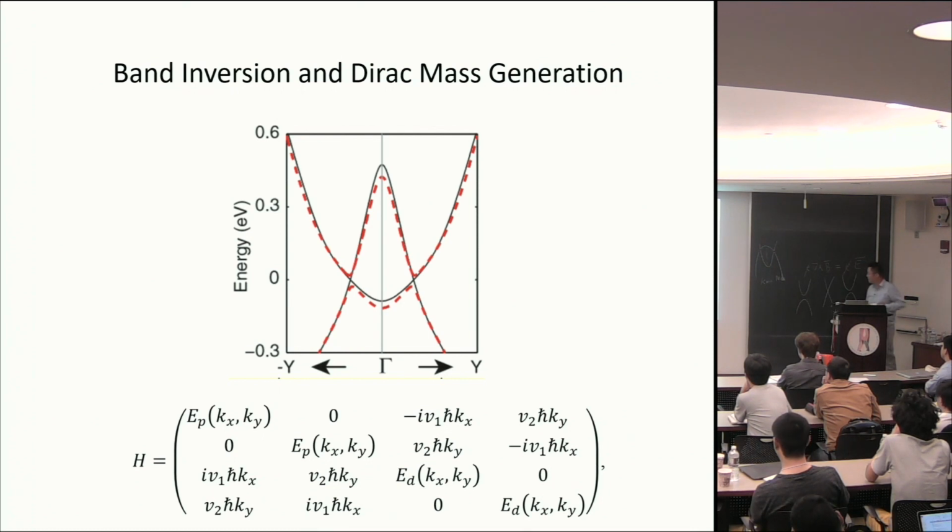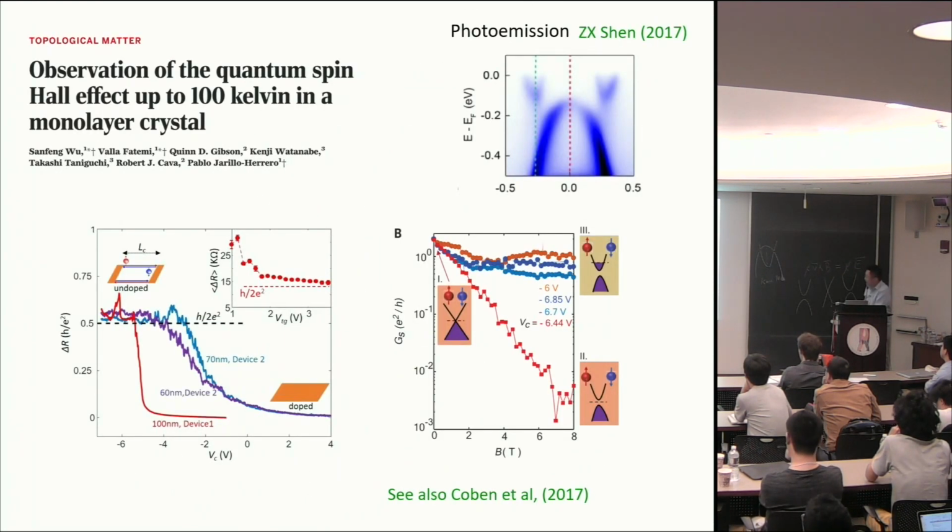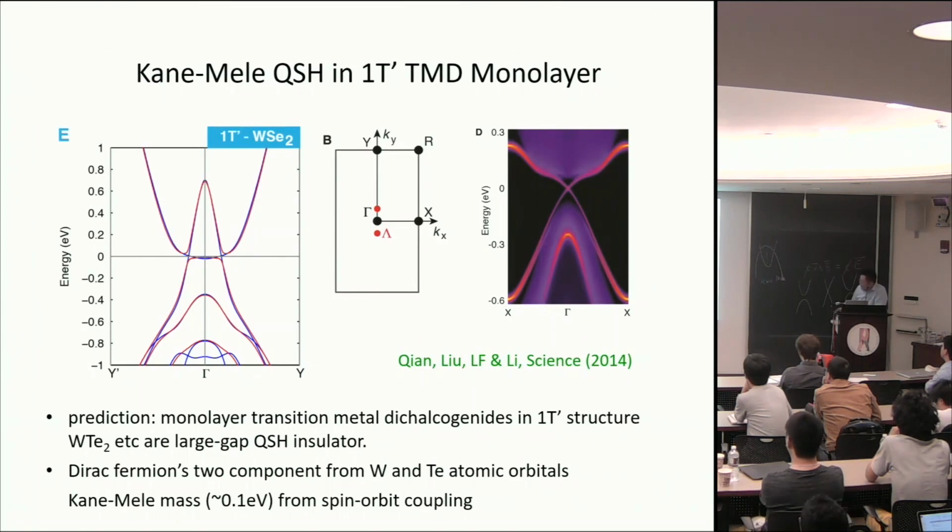I give you the Kane-Mele mass. So in other words, for these 2 different scenarios, one can understand the connection between them in this way. Okay, so back then, when we look at this family of 1T prime monolayer materials,